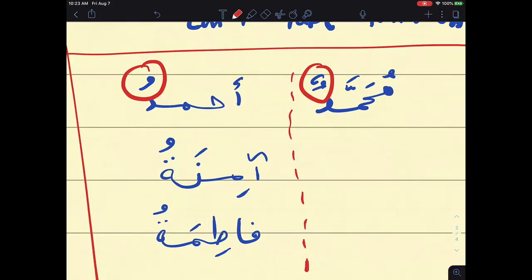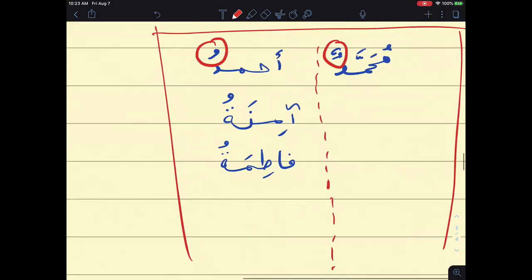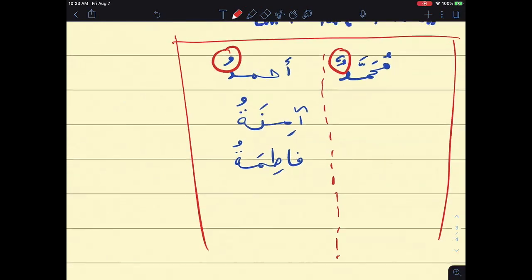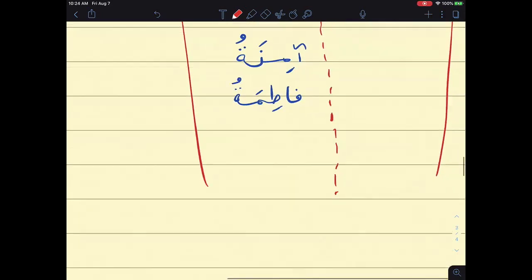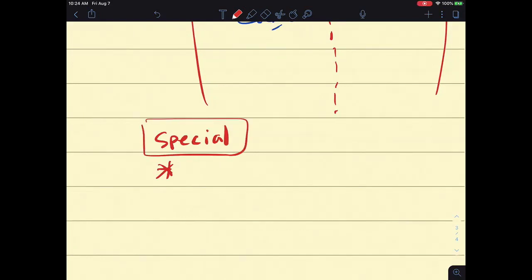Yes, special. So basically, some nouns will not take tanwin. There are a lot of categories, and the book's not giving you all of them. Right now it's only giving you one: any feminine name that ends with ta marbuta. I'll write it down. You're saying special words. I'll write it special. I like the words helping me right now. Good. Special nouns